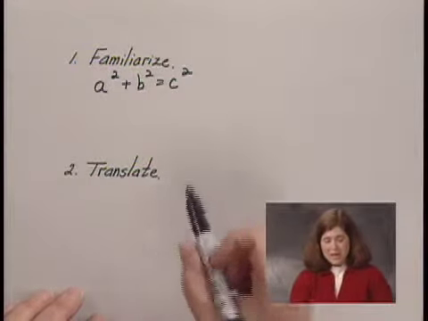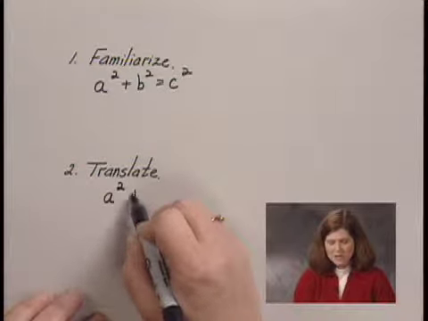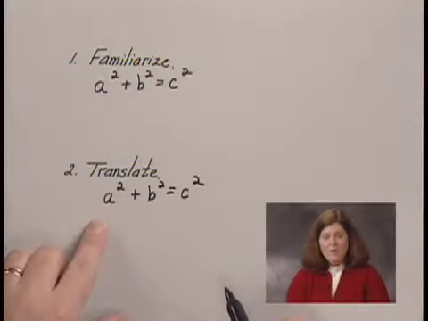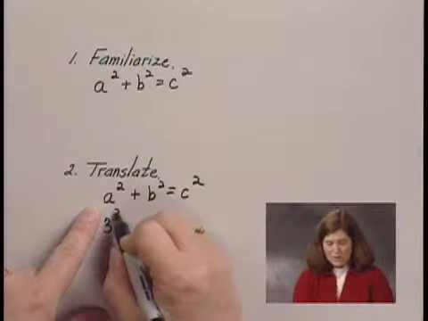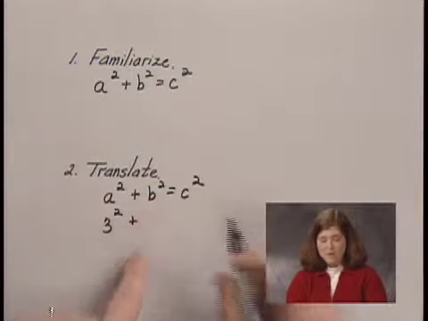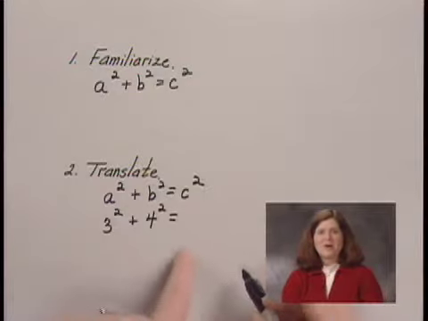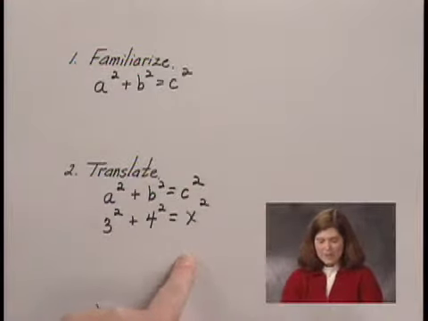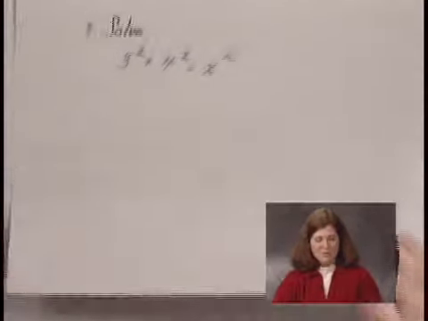So to translate, we use that Pythagorean equation, a squared plus b squared equals c squared. One of the legs was 3 feet, so we make that 3 squared. One of the legs was 4 feet, so that would be 4 squared. And the hypotenuse was x, so this would be x squared. So we have an equation that we can solve, and we move to our third step, which is to solve